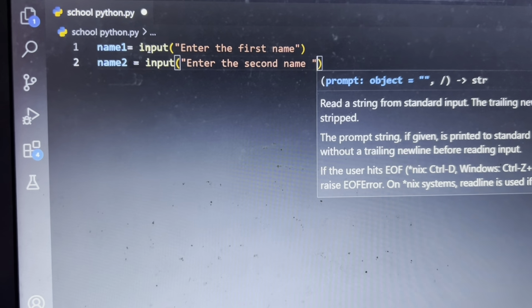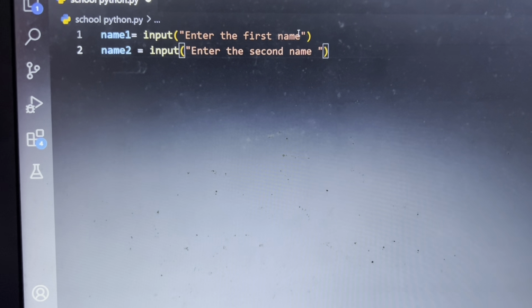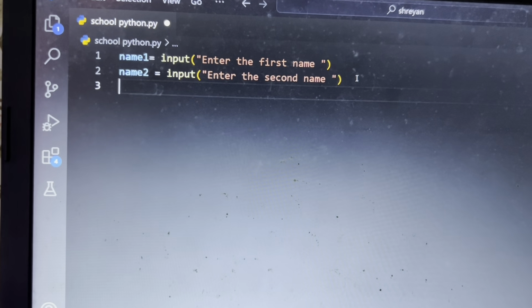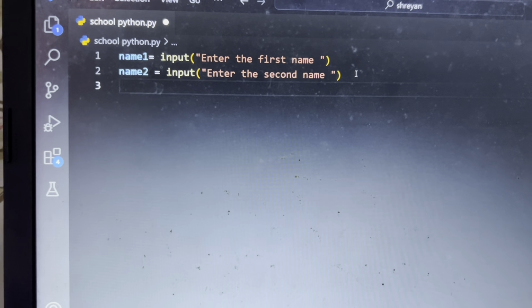Second name. Now once we have taken both the names, the first name and the second name, now we have to take the user's age, like age